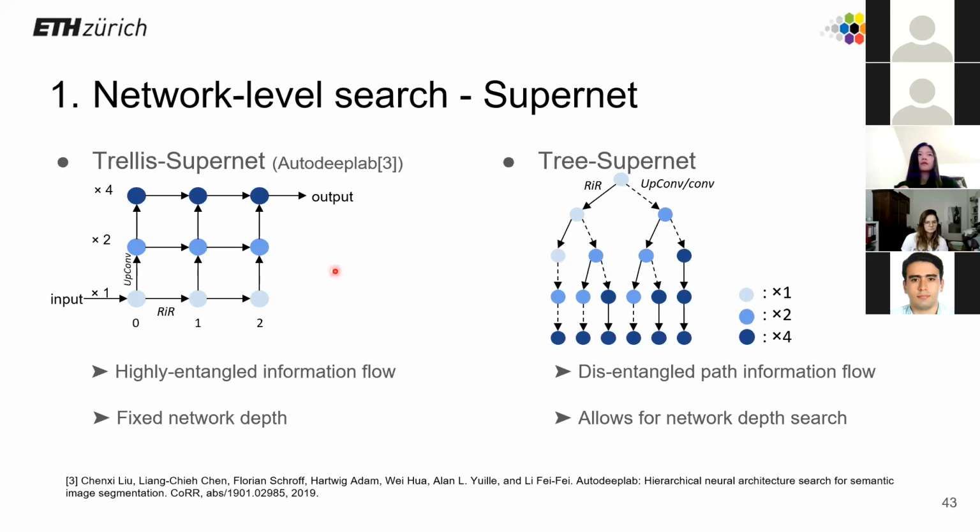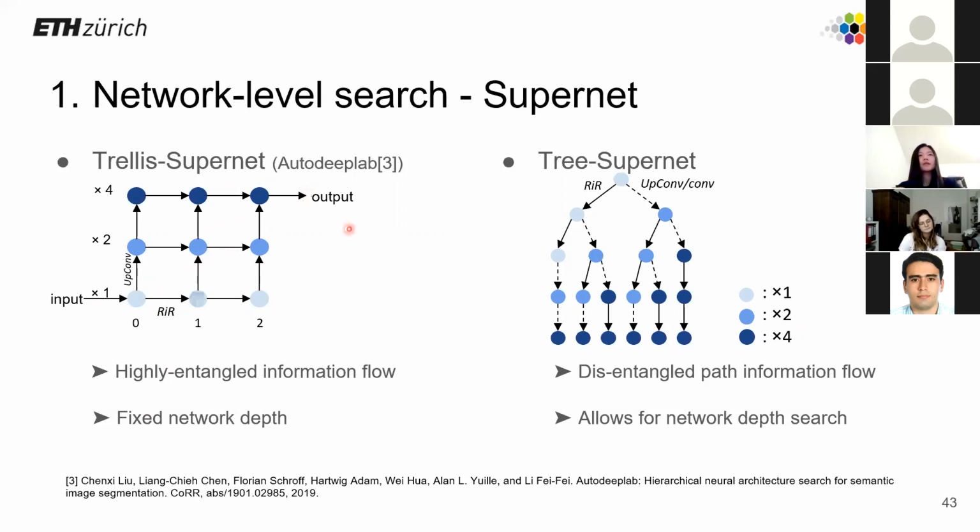So in this way, they build a very compact supernet. And this supernet contains all the possible paths which can travel from the input node to the output node. But although this kind of modeling is very compact, as we can see here, within this Trilevel Supernet, the information flowing along different paths is highly entangled. So it is not easy for us to tell which paths contribute more to this supernet, and not easy to disentangle them and select a final optimal subgraph from this Trilevel Supernet. Also this kind of Trilevel design naturally does not allow us to search for the network depths,